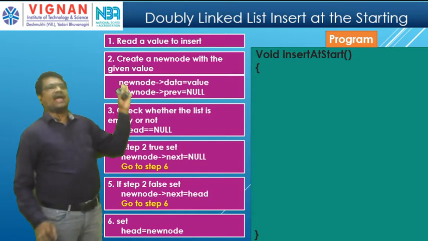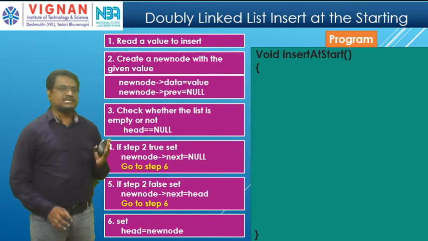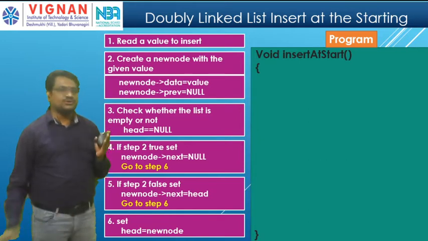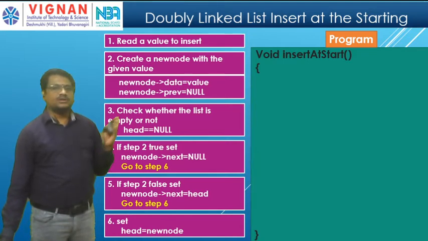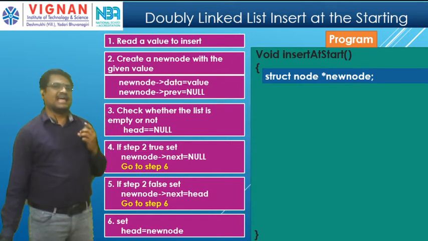See here, I am using a new node. What is the purpose of new node? New node stores the new node. Am I right? So I have to create this new node with the structure: struct node, new node. Now that new node has the capability to store the given or inserted node. Now I created the variables which I am going to use in the further program. Now I have to do the step by step process.